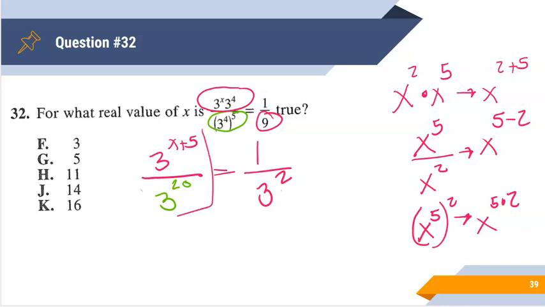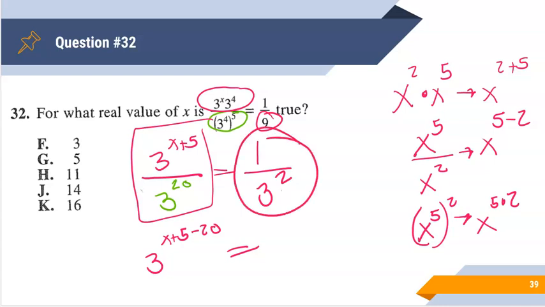Okay, on the left-hand side we see division, so that really means to subtract the powers. And the other thing over here, 1 over 3 to the second, that's the same thing as 3 to the negative second. And if